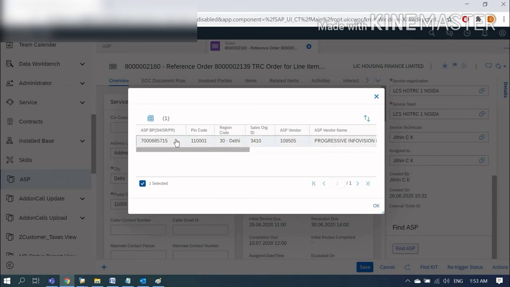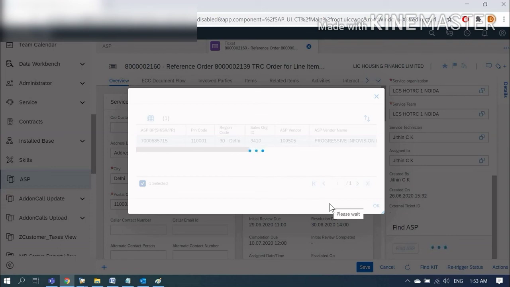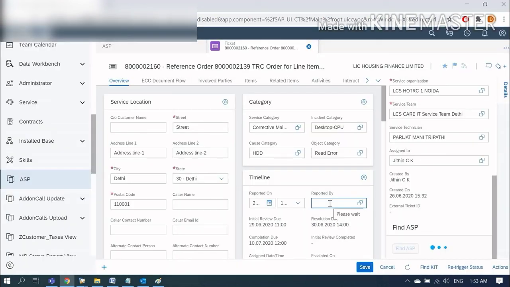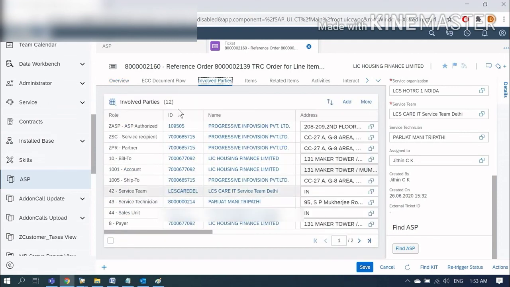Once we click on this line of record and click on OK, it will create an additional involved party in the involved party tab. You can check here, initially there were 9 involved parties. Now after clicking the OK button, 3 involved parties have been added into the involved party tab. This is the business requirement. Based on the business requirements, involved parties are added here.